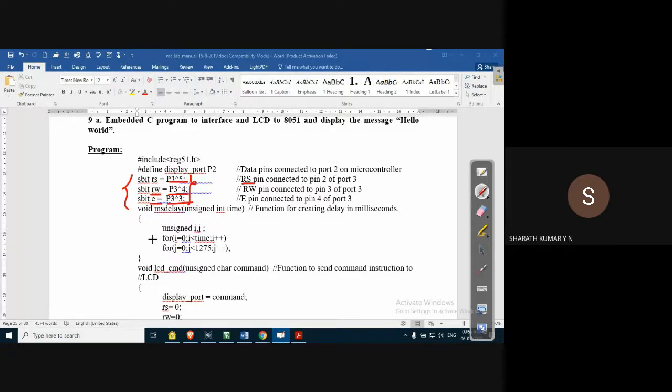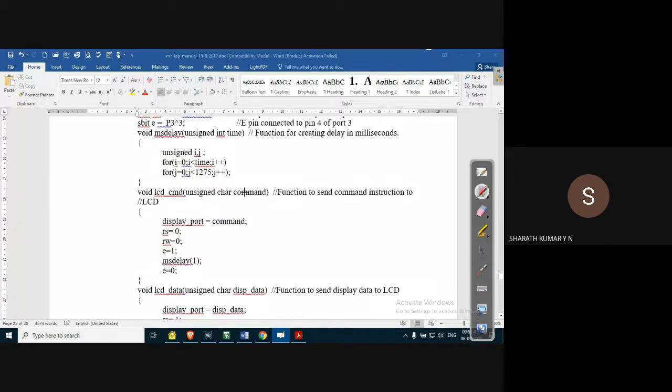Let us quickly rush through the program now. Delay: for each character displayed there should be some delay, otherwise you will not be able to notice the characters.